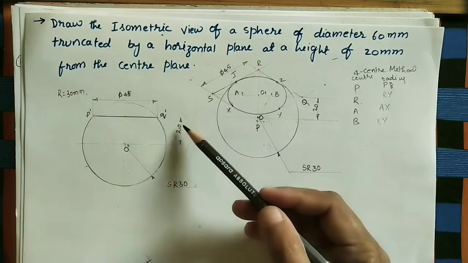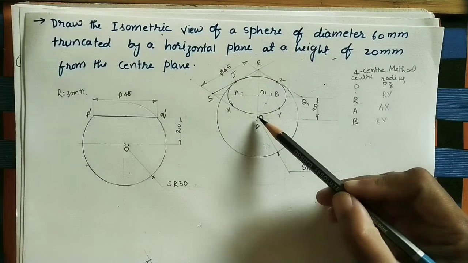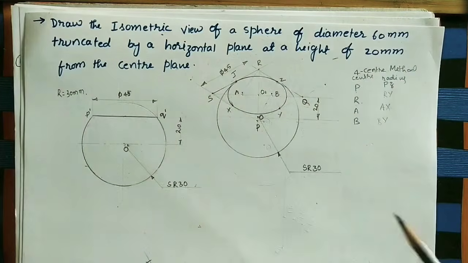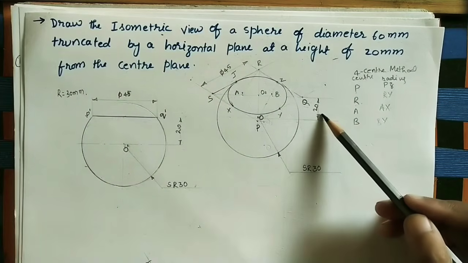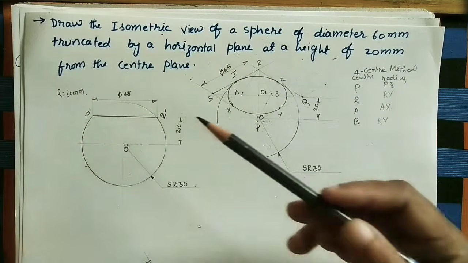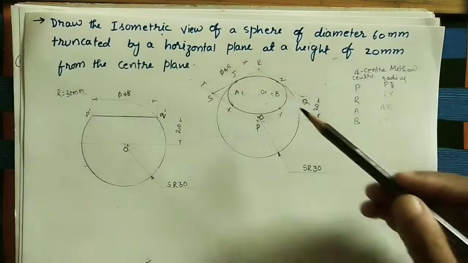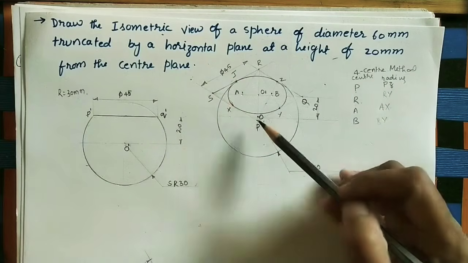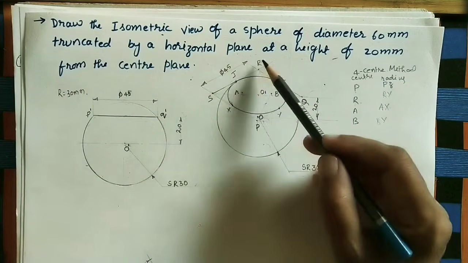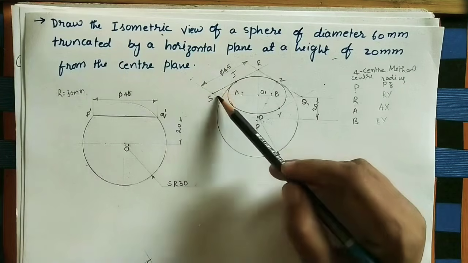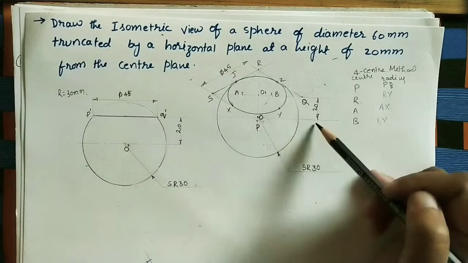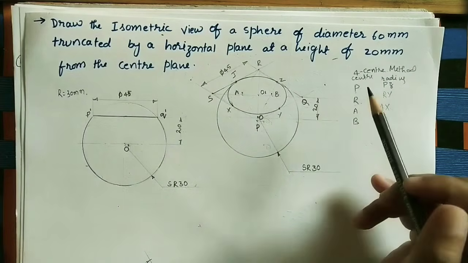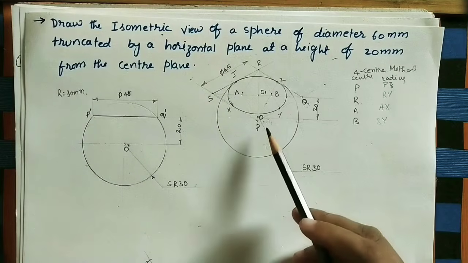Now here we took the 20 mm horizontal plane. Here also we have to take from this center to this center 20 mm. Here we actually took a reduced length, but whatever lengths are given, mark the same value. After that, this is the 45 mm diameter of the top circle. So mark the same. Each side of the rhombus keeps the diameter symbol 45, so no need to mark all 4 sides. Take any one side and draw a line parallel to it, 45. Here at this center draw the extension line and mark 20. This is the method of doing the isometric view of the sphere.